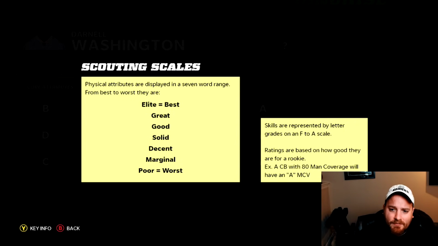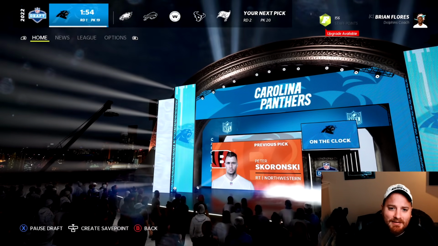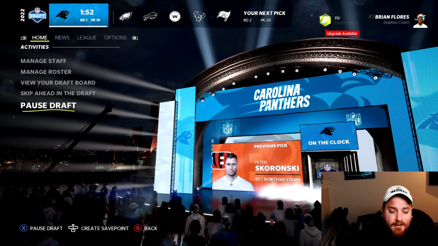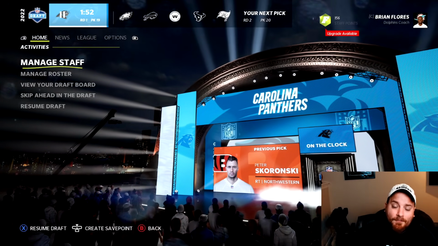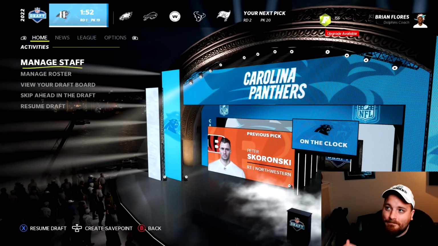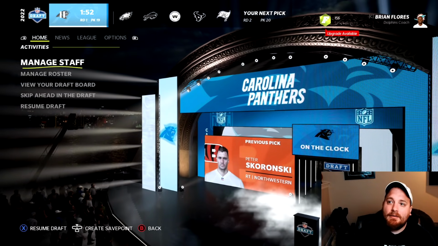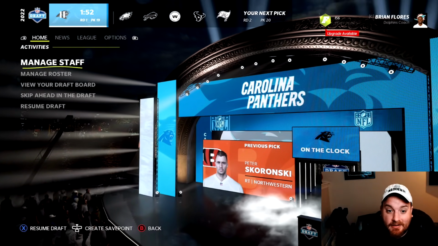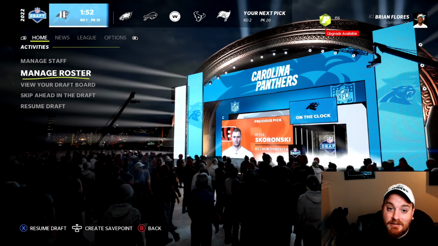A rookie with 80 coverage actually has an A, even though it doesn't equate to an A as far as the rest of the league is concerned. So, final review on the scouting: for someone like me, for most people, it is the extra immersion that we need in scouting. I just did an initial run through here, and it was bug-free. I didn't see any issues. The game wasn't crashing, which I think is